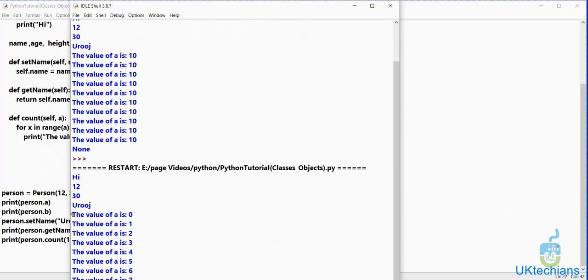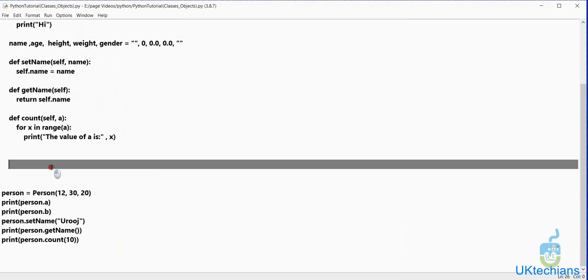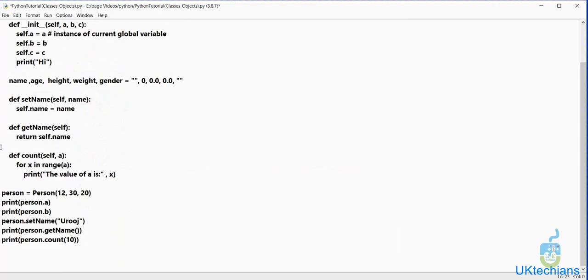So it returned the values 0 1 2 3 4 5 6 7 8 9 till 9, and that's it. The purpose of defining the class in depth is to give you the maximum knowledge of how to use a particular class, what is the structure of a class, and how to use the class in Python.